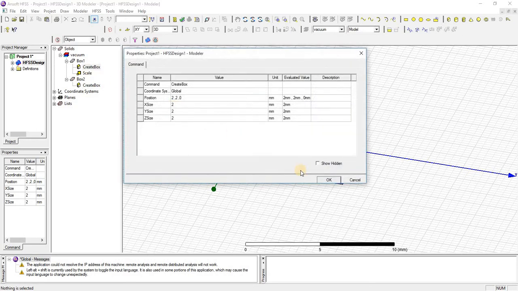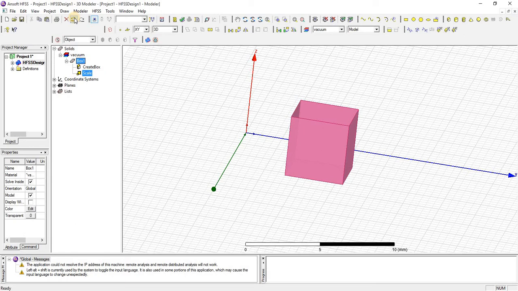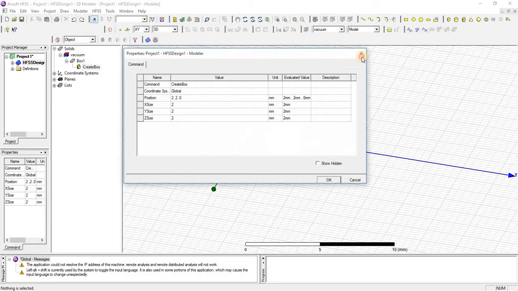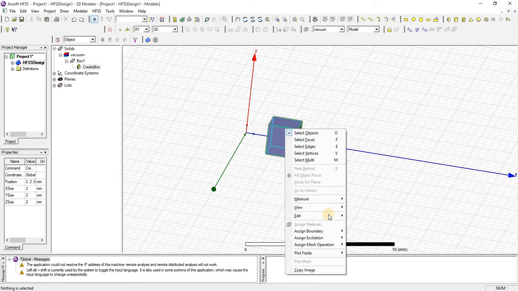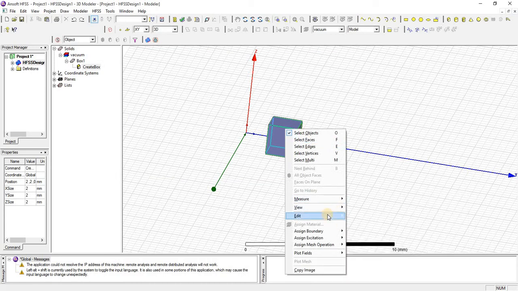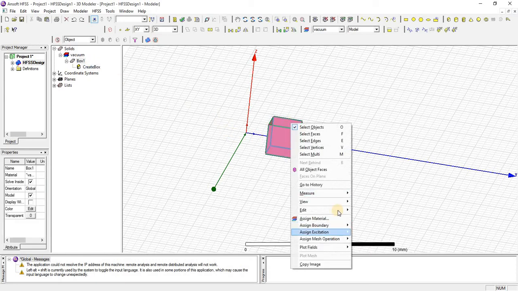This was the original dimension. Select an object.